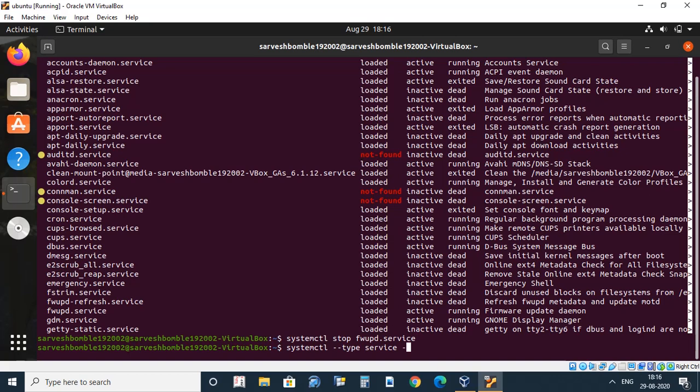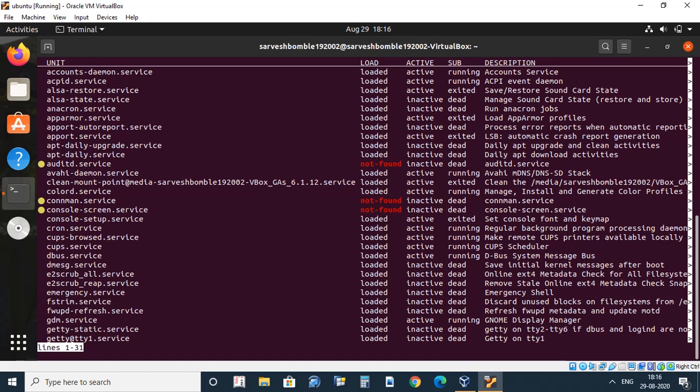So see, yes, successfully the service has been stopped. As you can see, before that we had the fwupd.service there, but now as we have stopped the service, it has disappeared from here.